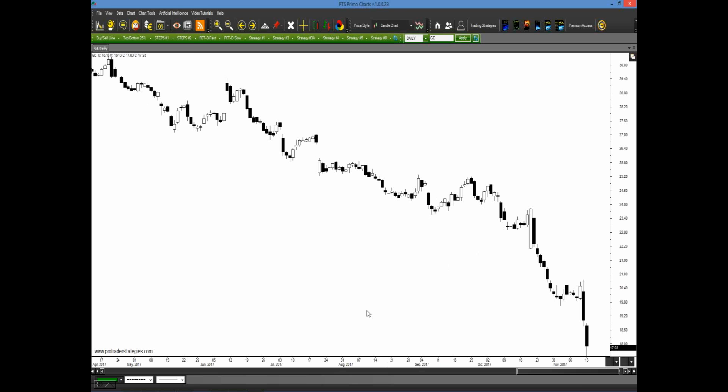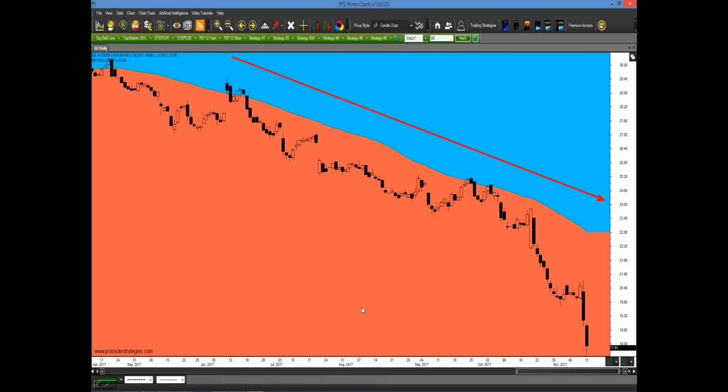The first way we listen to the market is apply the buy-sell line. So what's the market been telling us? It's been telling us for months it wants to go lower. Trading is not complicated. It's really simple. And we had one close above, one close back down. Three closes above. All right, so maybe it wanted to go long, but then it went right back down again. So this is how the market sometimes goes into indecision, but that's okay. It's anywhere from 2 to 5 closes on the buy or sell zone that will tell you what it wants to do. Then you have to add some structure.